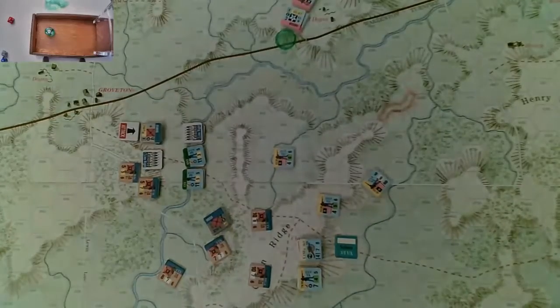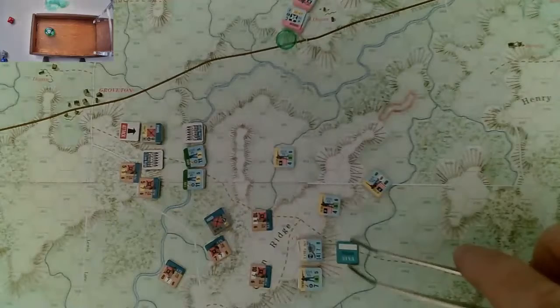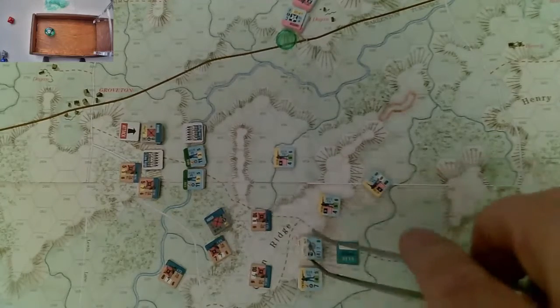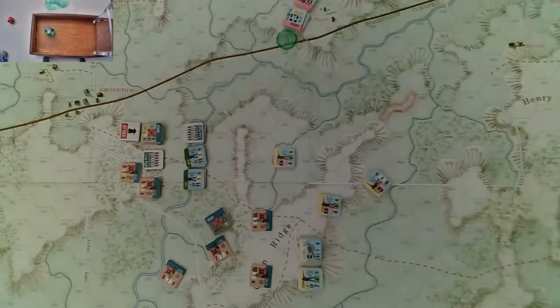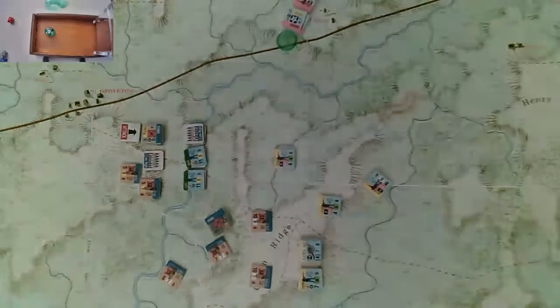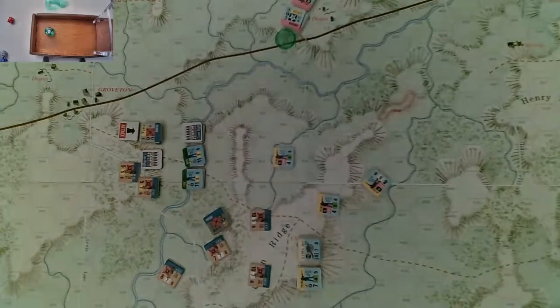Roll a 0. So they're fine as well. So no action there, but they may be doing rapid fire when they advance. So next chit,